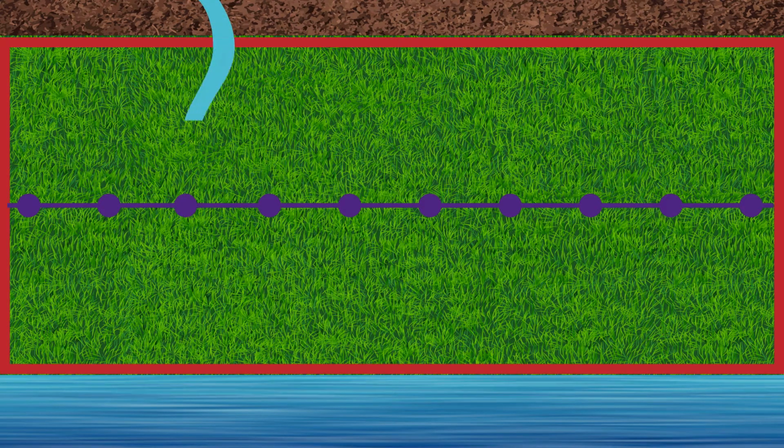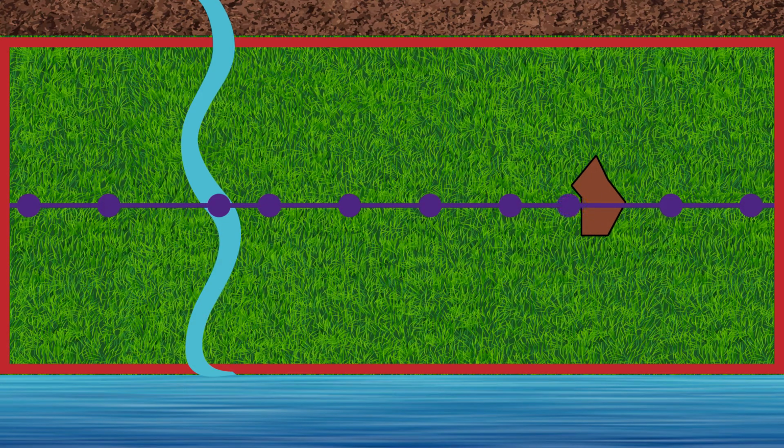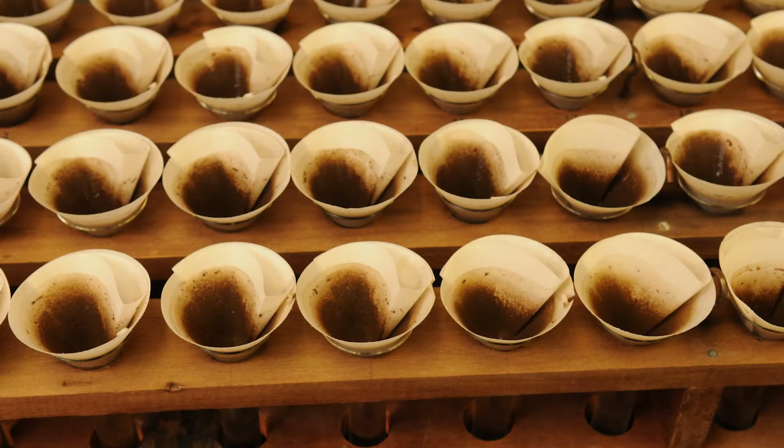Note any features in the landscape that affect the path of runoff and be sure that you are sampling from areas where water appears to have been flowing, if possible. Be careful not to sample from holes or areas of dead vegetation and repair these spots as soon as possible. Mix the sample thoroughly to form a single composite sample for each of the vegetative treatment areas at the facility